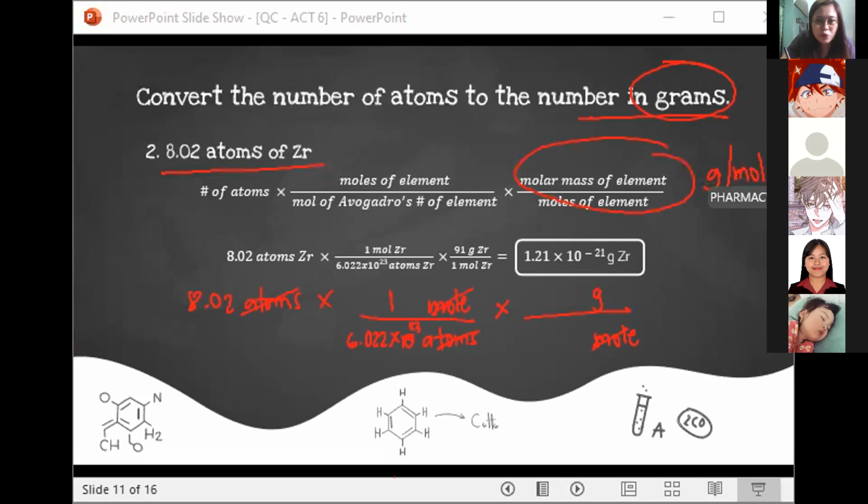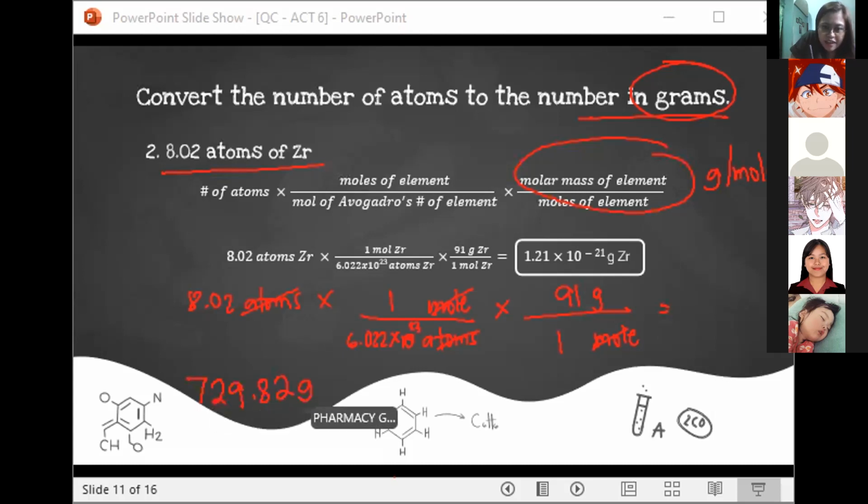So for zirconium, it's 91. So 91 grams per mole. Ingana lang siya nimo isulat. Butangan lang nimo siya og 1. So 91 grams per mole. Makancel lang mole ang mabilin kay grams. So akong ginahimo ani sa calcu, syempre unahon lang sa taas. 8.02 times 1 times 91 is diri na lang sa baba ha, 729.8